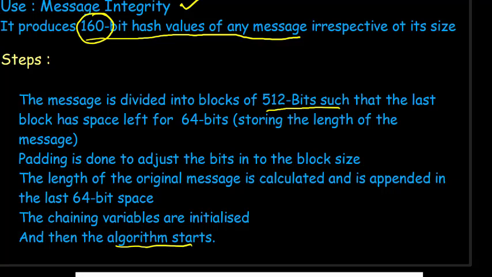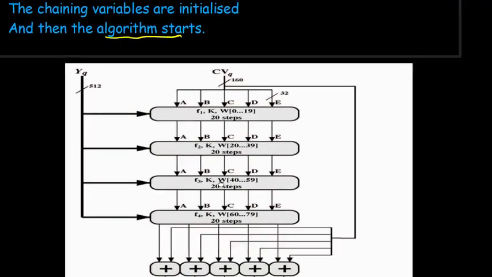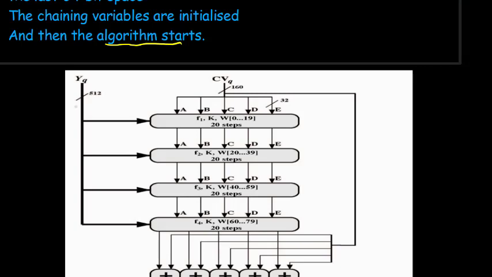So I'll just show the rough block diagram. As you can see, we have the message, the first block of 512 bits. It is divided into four parts, such that every part has 32-bit sub-blocks, this 32, this 32, this 32. Same way I'll draw with the red marker, this is also 32 and so on. So of course this is 128, this is 128, this is 128, this is 128, and then we have some chaining variables, as you can see, A, B, C, D and so on.